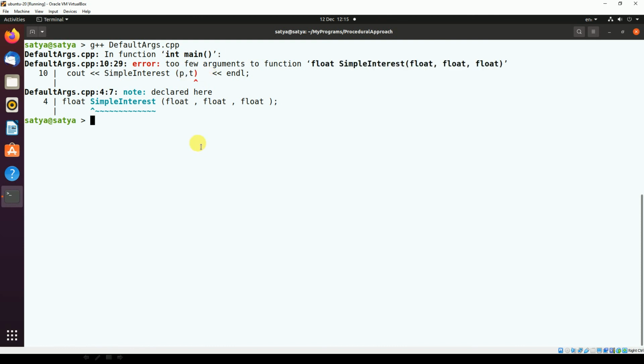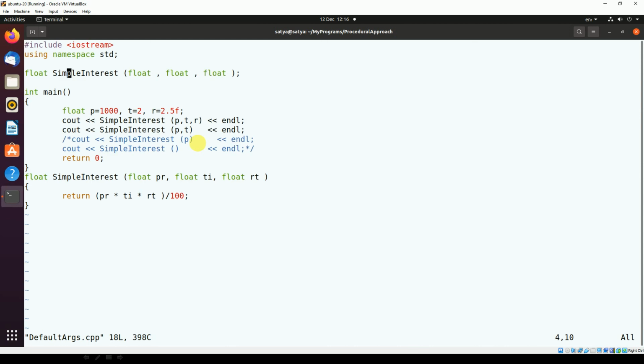Now what we have to do is, we have to see. What a default argument function is, whenever you are calling a function with fewer arguments, the compiler will look for any default values you have provided for the arguments. So if I am missing any argument, it takes it from the default value. Say for example, here I will say 2.